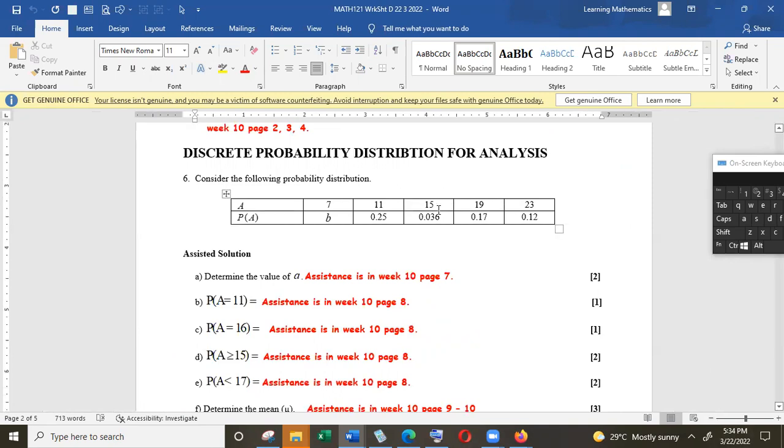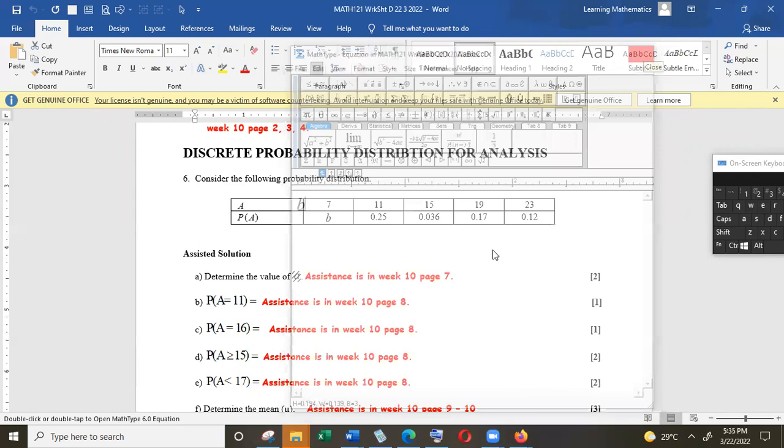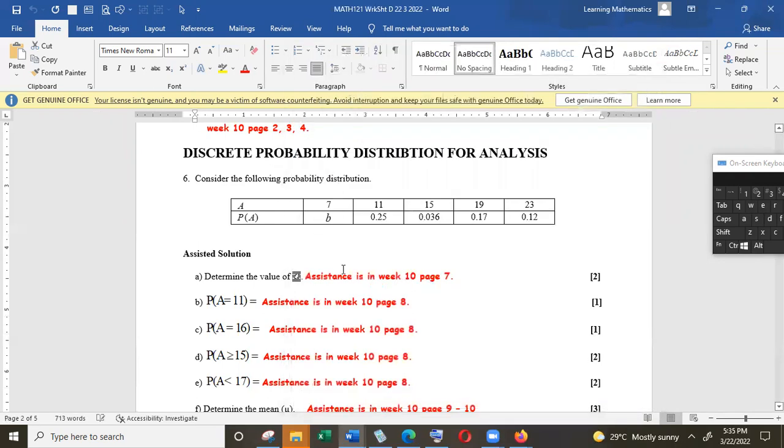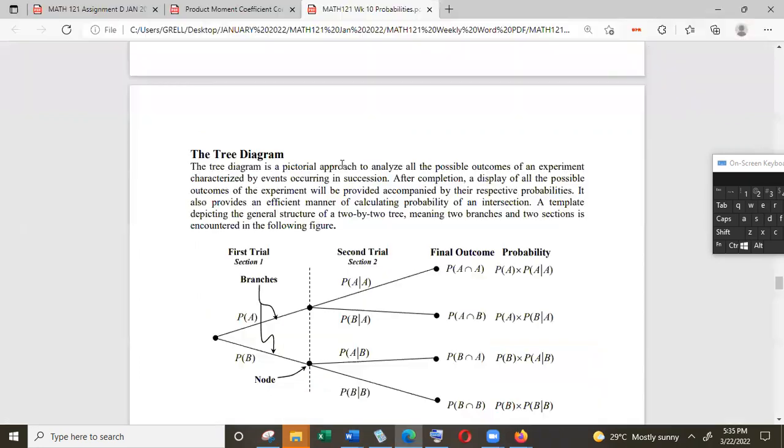And the first question says determine the value of A. That should be determine the value of B, because I changed A to B in the worksheet, so I am supposed to change this to B. Find the value of B. Assistance is in week 10, page 7. So when we go to week 10, page 7,